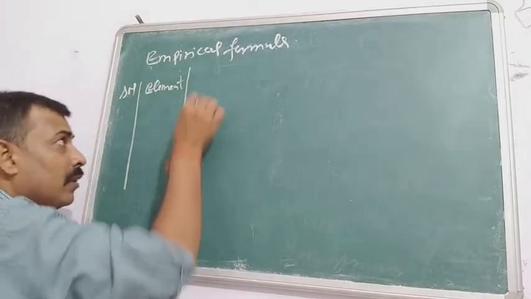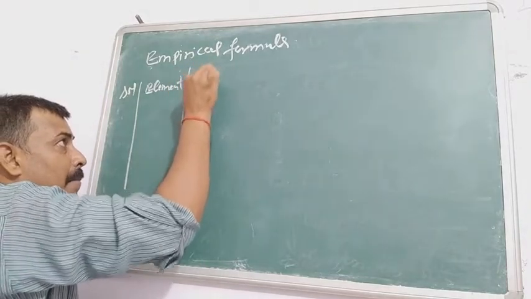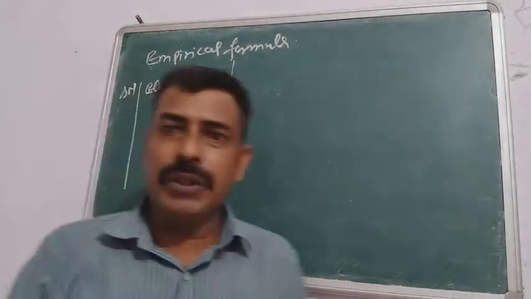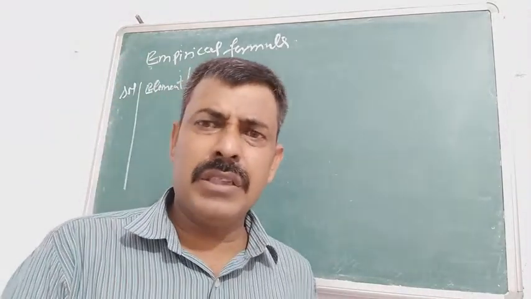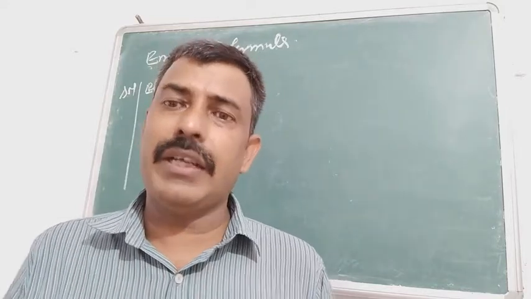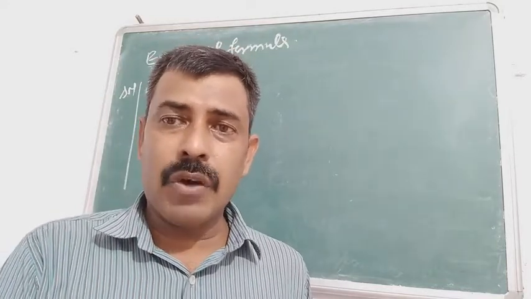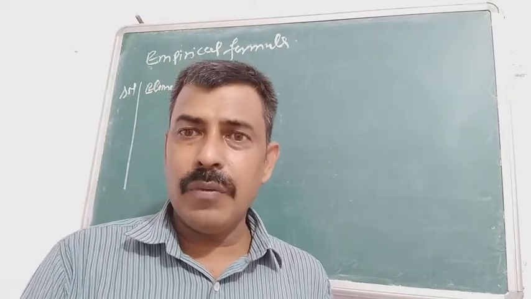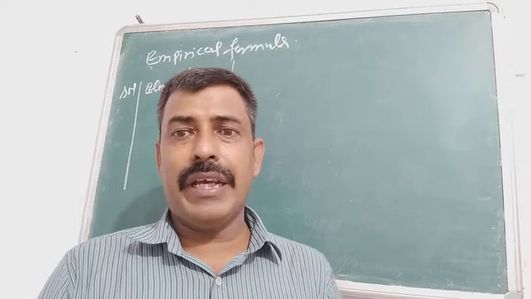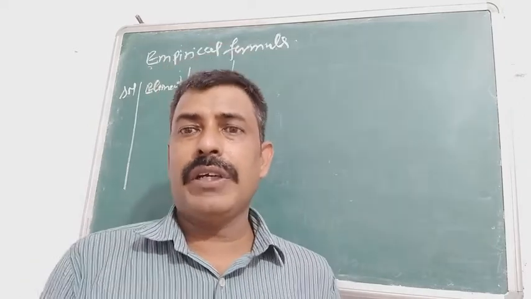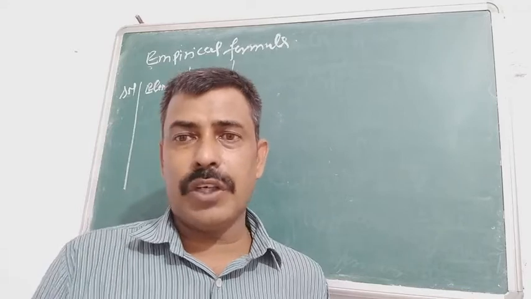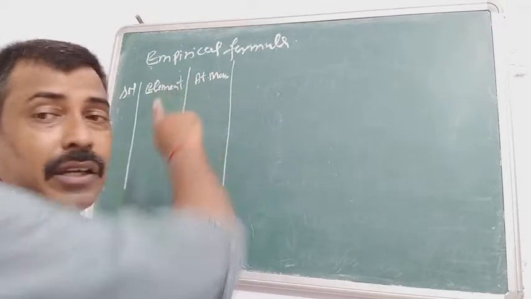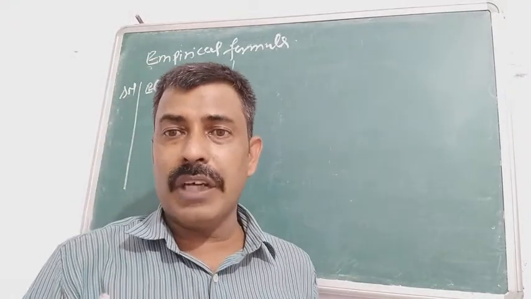The next one is atomic mass. Sometimes it gets confused that in some cases, instead of writing oxygen, they write dioxygen, diatomic oxygen. Diatomic oxygen means O2, not O. Then what mass will you take? Whether you will take the atomic mass of oxygen, 16, or the molecular mass of O2, 32. Then it must be clear, I have written clearly, it is atomic mass, not molecular mass.